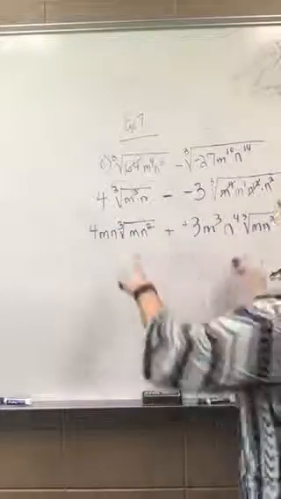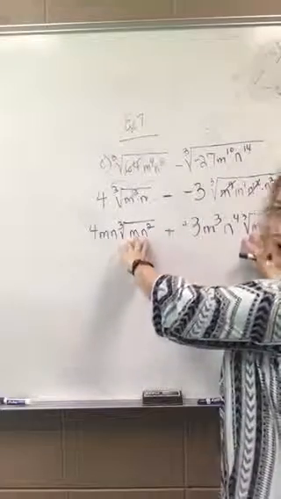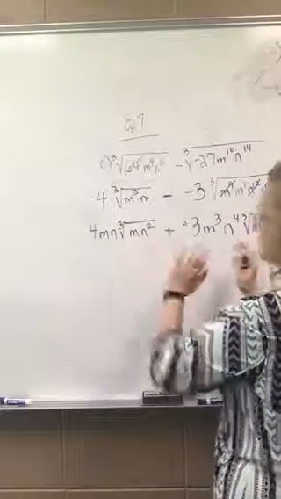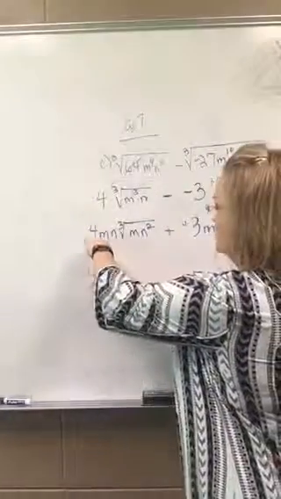Because just so happens both of these are same index, cube roots, n squared. These are like terms. So I can maybe try to combine those. I was going to maybe try to combine those, but for n